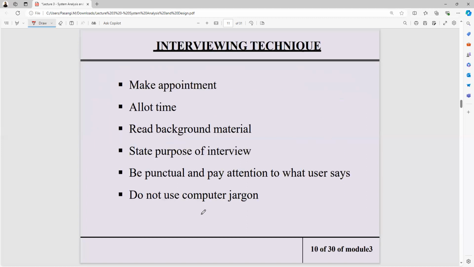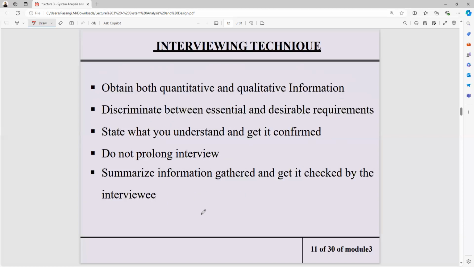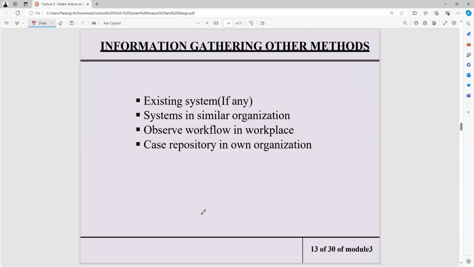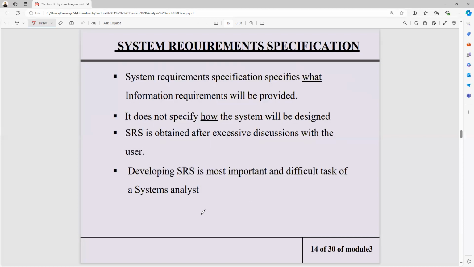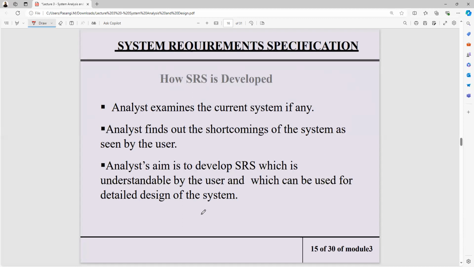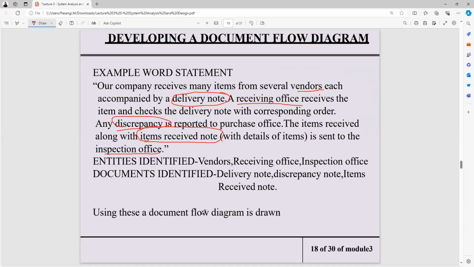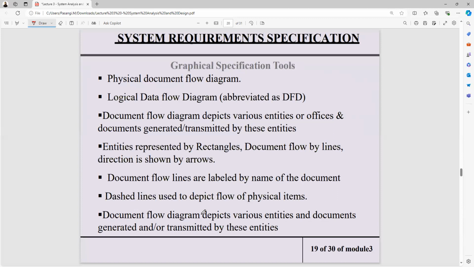Then how are we going to plan an interview, and what are the interviewing techniques we need to follow, and then we need to use questionnaires as well. What are the other methods we have to gather this information, and what is the system requirement specification, how does it work, and how are we going to convert these word statements into an SRS document? Then what are the entities, what are the documents we have to identify, and once we have identified all these statements, how are we going to convert them to a graphical